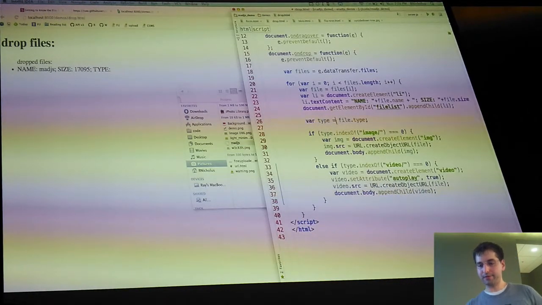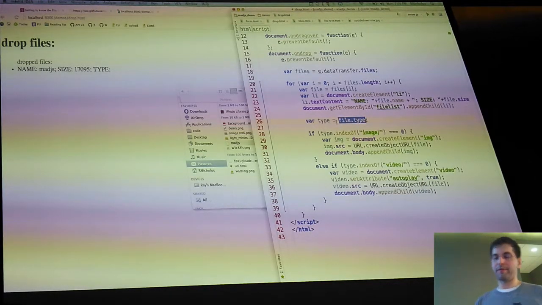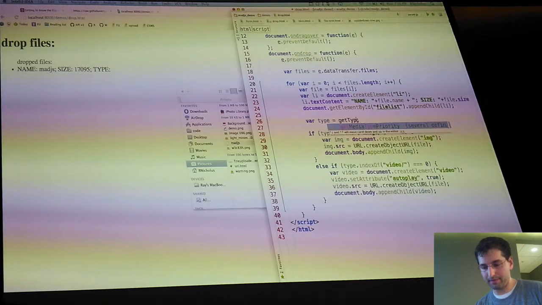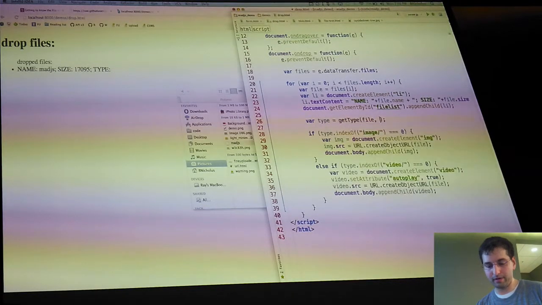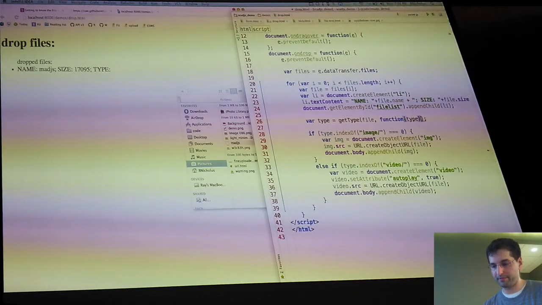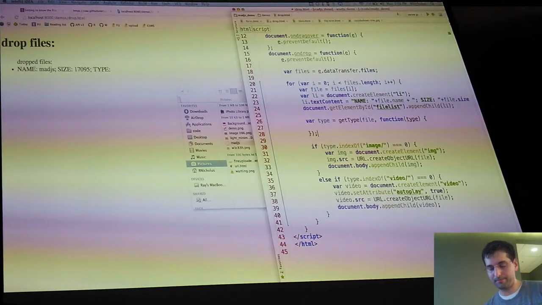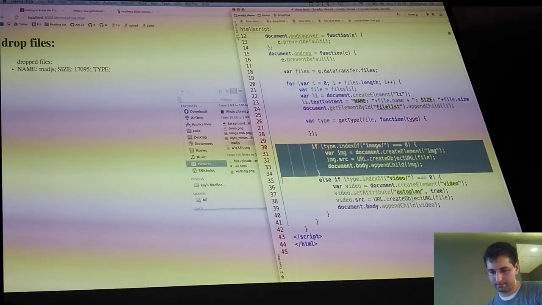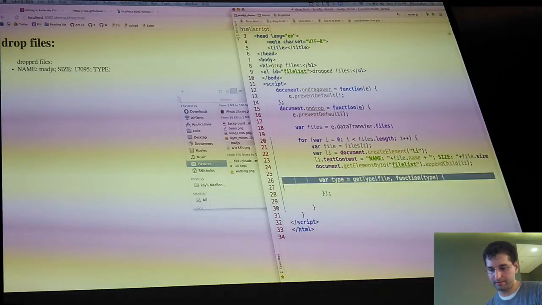Let's refactor this code a little bit. Now, reading a file with FileReader is an asynchronous process, so we have to take that into account when we're working with it. So we're going to create this getType method, pass in the file, and if you're dealing with asynchronous stuff, generally speaking, you want to use promises. Keep it simple, we're just going to use a callback here. So we're assuming that our getType method is going to call us back with the actual type of the file. So let's move that up into here,